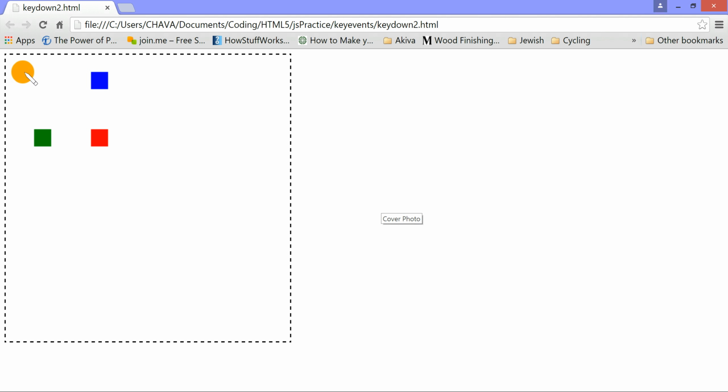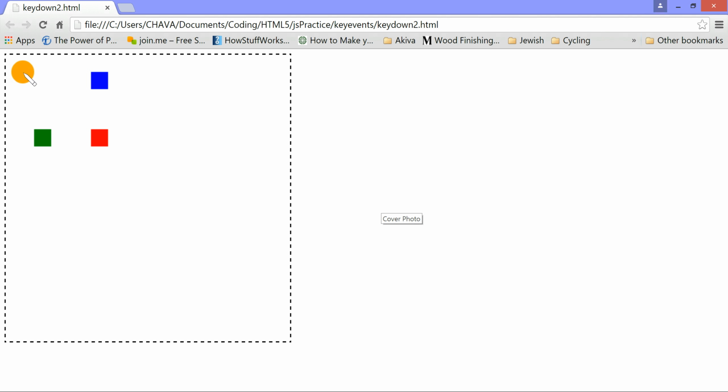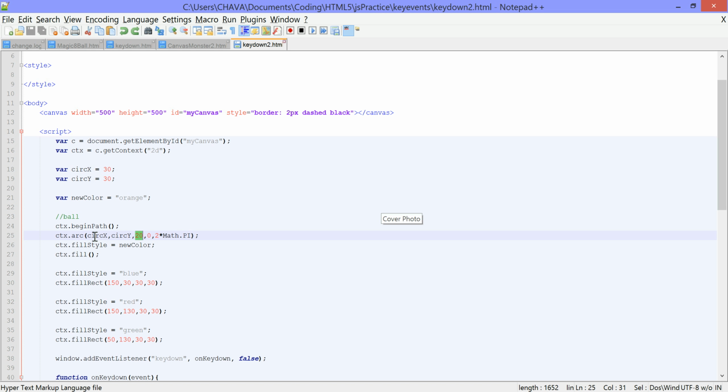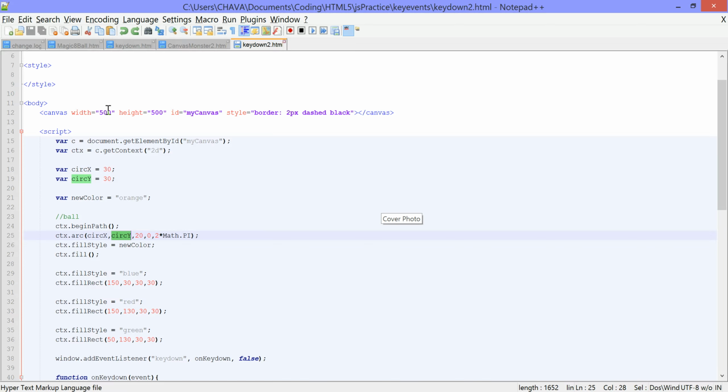So our radius would be from the center x, y over to any of these sides here. So in our case, what is the radius of our circle? The radius is 20. That starts out from the center of the circle and goes to any of the sides. So if we wanted to find out where the edge is, we would either add or subtract 20 from our circle x and circle y values. So the radius on this side, for example, would be 30 plus 20, which would give us 50. So this border here would be 50. So down